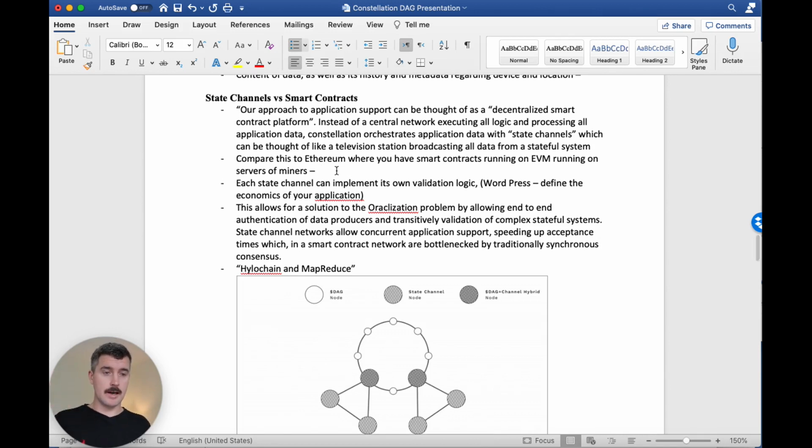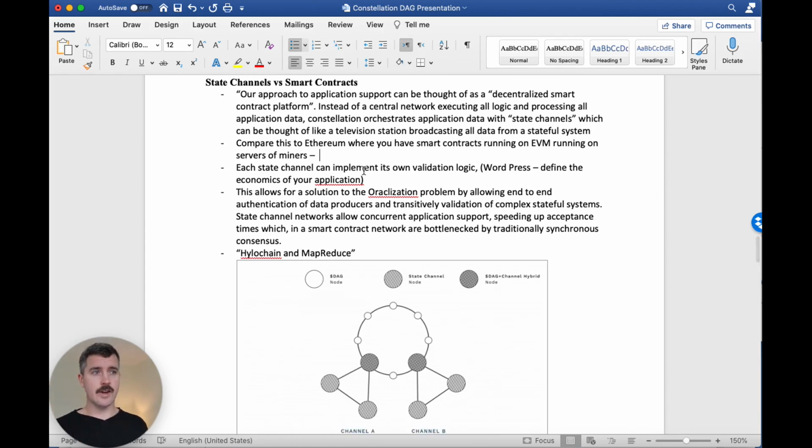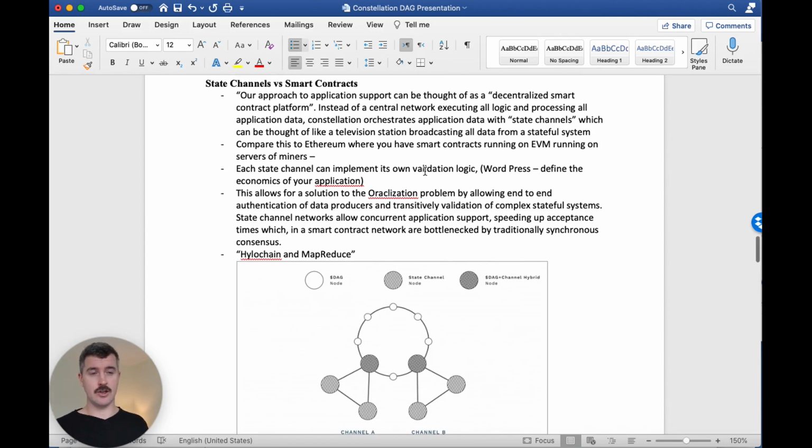It could be an account balance, it could be information from an IoT device. Each state channel can implement its own validation logic. You're not bound into any sort of economic relationship. You can define it yourself. The only thing is that if you want to mint tokens on the hypergraph, that does require DAG. But other than that, you have a lot of freedom in terms of how you define the economies in your